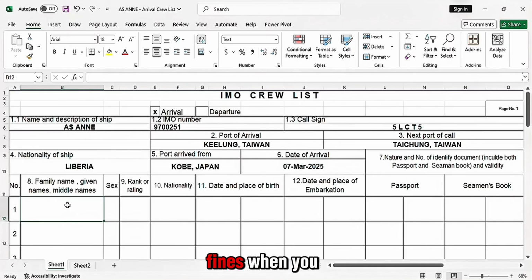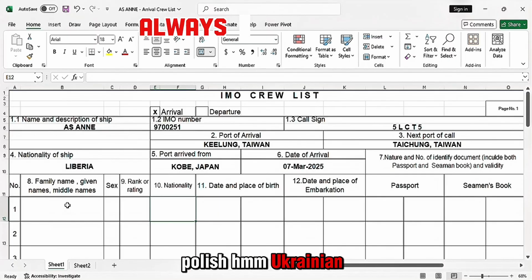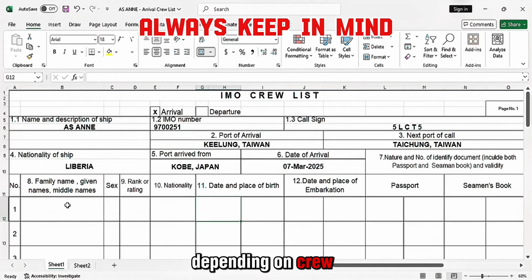You might get fines when you make just an incorrect spelling. And here the sex, male or female, then rank: captain, chief engineer, chief mate, third officer, second officer, etc. Nationality: Filipino, just write Filipino, Polish, Ukrainian, Russian, depending on the crew.